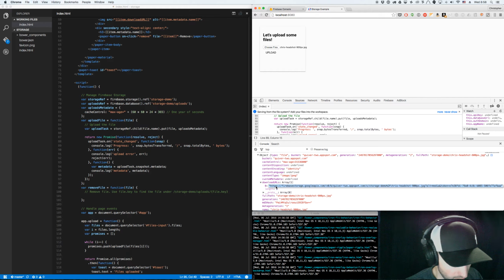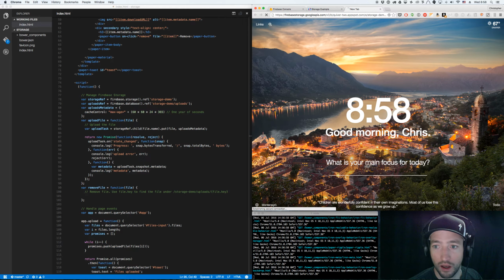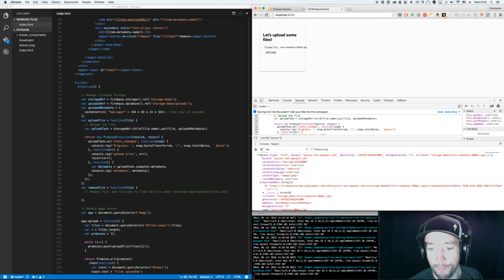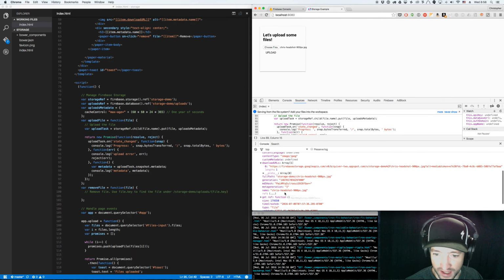So if I copy this, I should get the file. Yes, there's my file. There I am in all of my bald glory. Okay. And there's an MD5 hash. See this? So MD5 hash is what I want to use. I'm going to use that as my key because that'll be unique to every image. If I upload a different image, it'll get a new MD5 hash